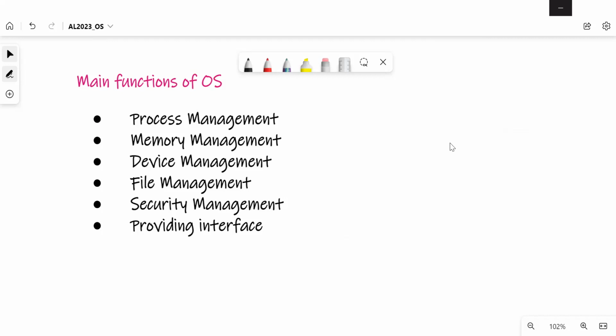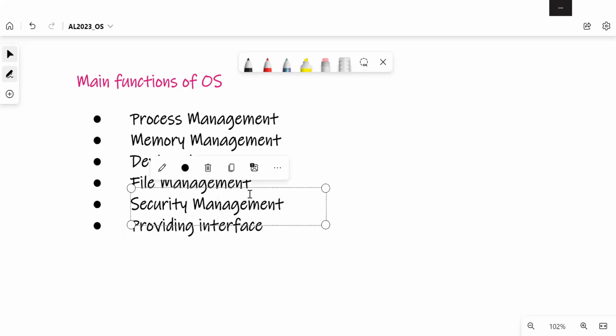Nowadays we have graphical user interfaces, but in early days we had command line operating systems. Right. Let's start with process management first.